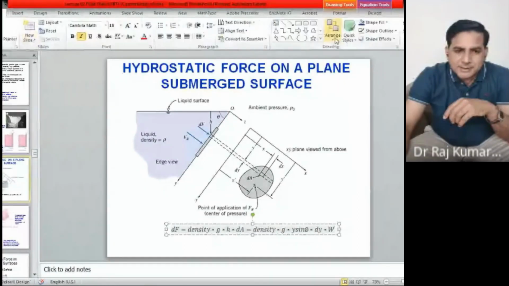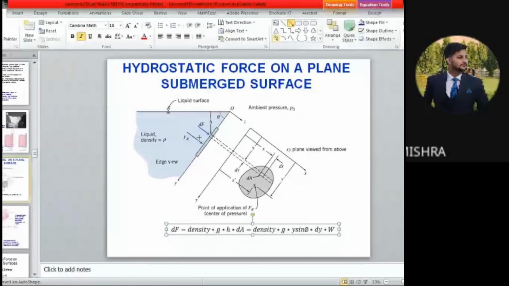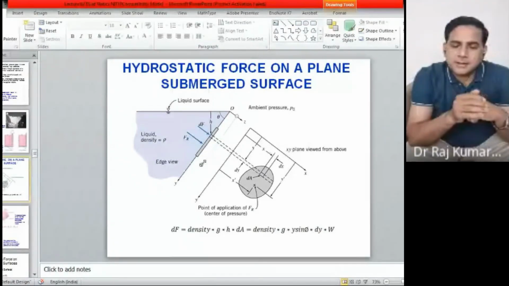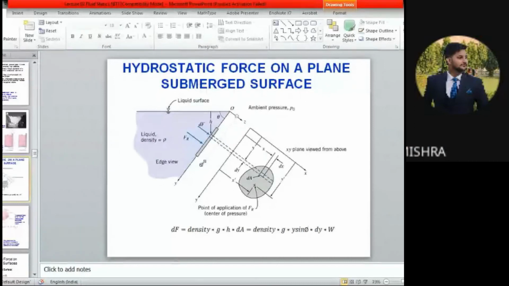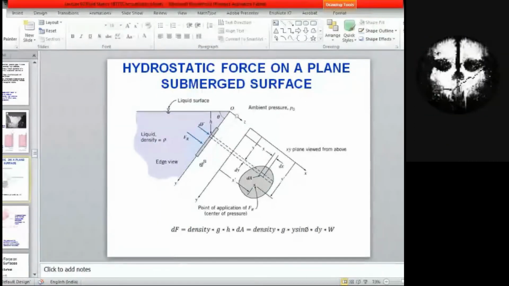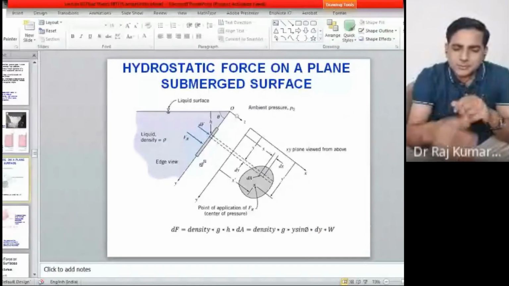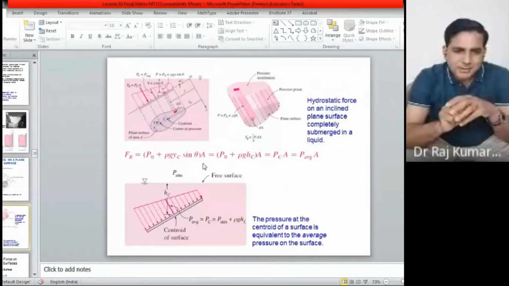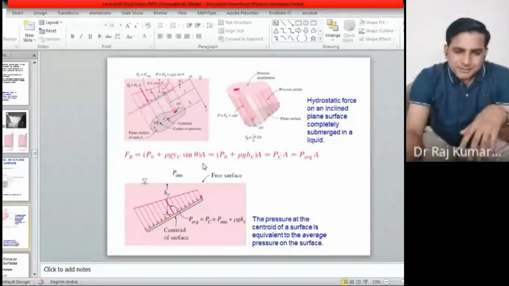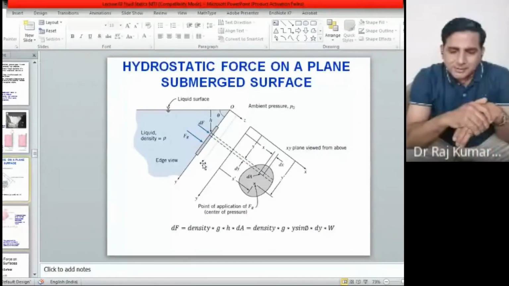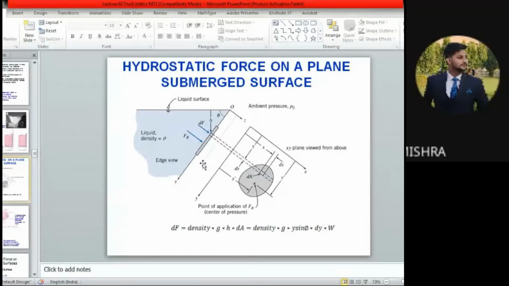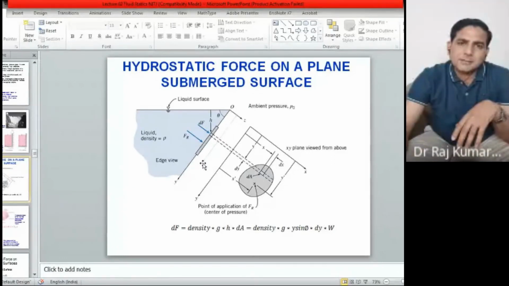So let's say from here to here, this length of the gate is just L. This whole length is L. So you can integrate for the entire L. Is that fine? Yes, sir. So you will get your pressure force. That's what we have in this particular formula. In the next class you should have the derivation of that: what the force expression would be for this. Take this length as L.